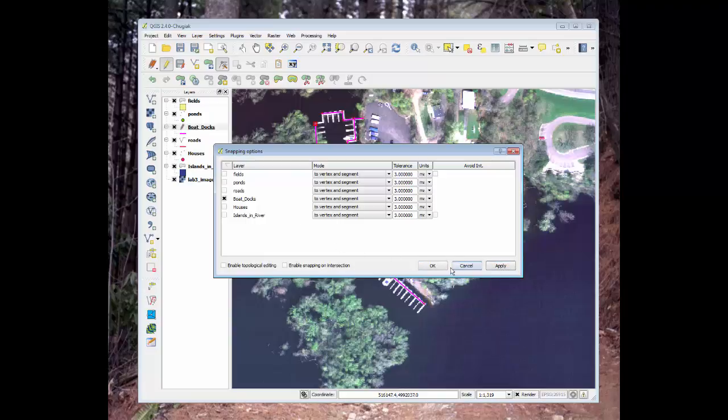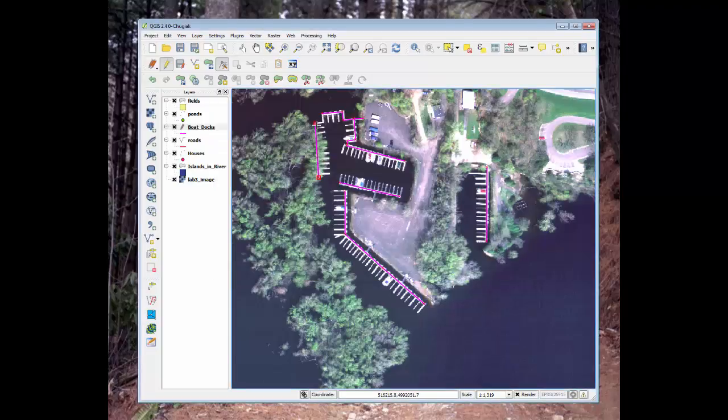So we're saying apply, OK. And now I'm going to take this vertice and snap it to the neighboring one, and then double click in the middle 2 times, OK? And then use the moving of the vertices to move it so that the proper shape of the dock is represented. And now I can toggle